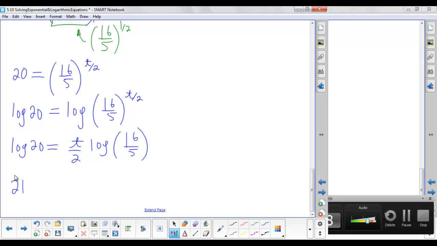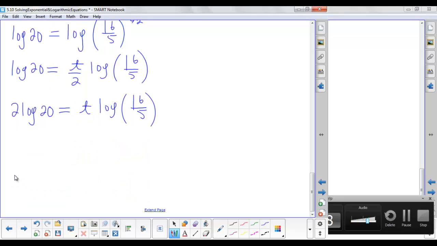So picture 2 times log of 20. That would have to equal t times log of 16 over 5. And then the last thing I would need to do to isolate t is divide both sides by log of 16 over 5. At this point, that would be when I take out the calculator and evaluate what this is going to equal. So in the end,